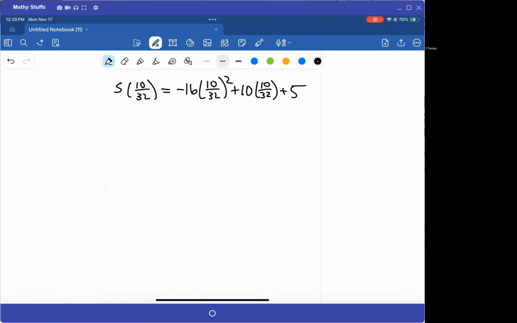I'm going to make that all negative. And then I'm going to subtract off 100 divided by 32. Look at me being all efficient. I'm going to add that on, excuse me, plus 5. And what I get is